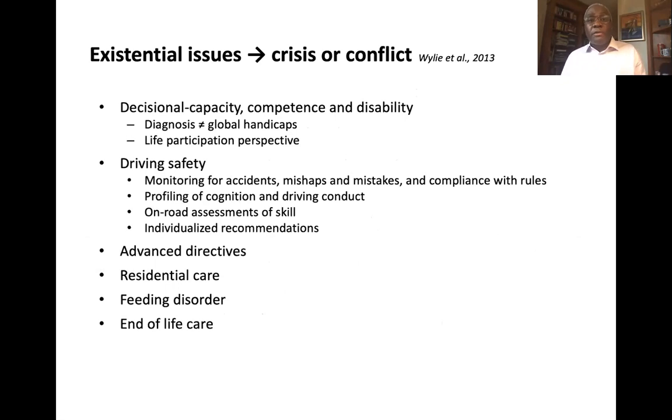Big ones that come up have to do with decisional capacity, and the idea of advance directives and power of attorney. Generally, I advocate the power of attorney over advance directives, because I think if there's a care partner who knows how you would want things to be done, understands your values, understands your preferences, knows you as a person and what you need, and is empowered to help physicians and other health providers make the right decisions for you, I think that allows